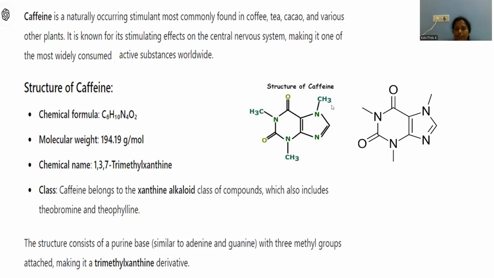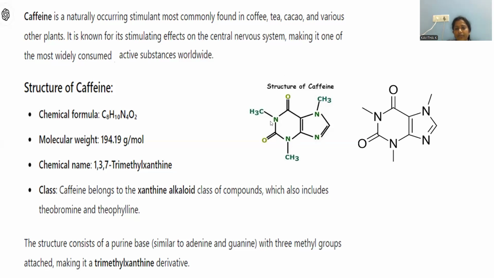The structure consists of a purine base. The skeleton we are seeing is a purine base, and mostly it resembles adenine and guanine, right? Adenine and guanine are kinds of purine bases, and together with pyrimidine bases, both connect in a particular manner and twist entirely in order to make DNA, our genetic matter. To some extent, the same kind of resemblance you can observe in caffeine as well, right? And you can find three methyl groups attached.